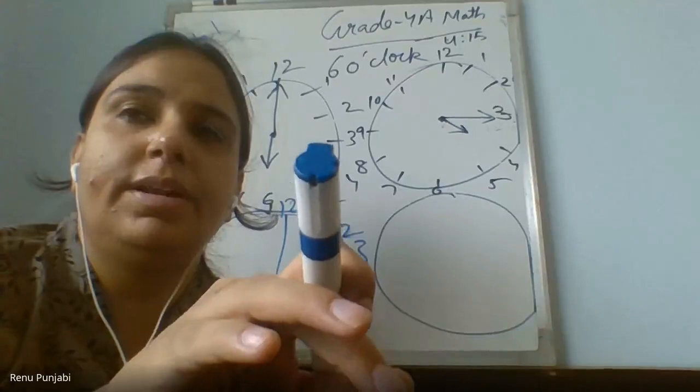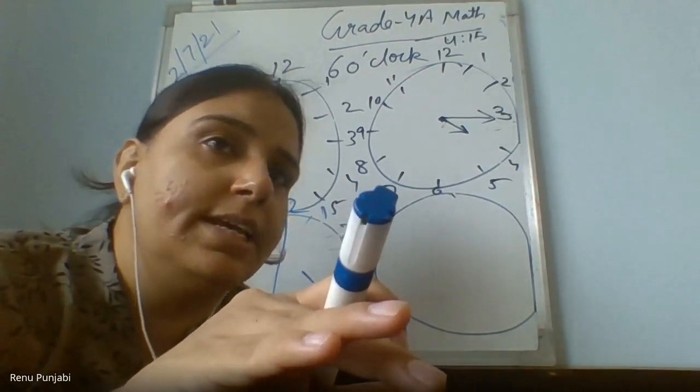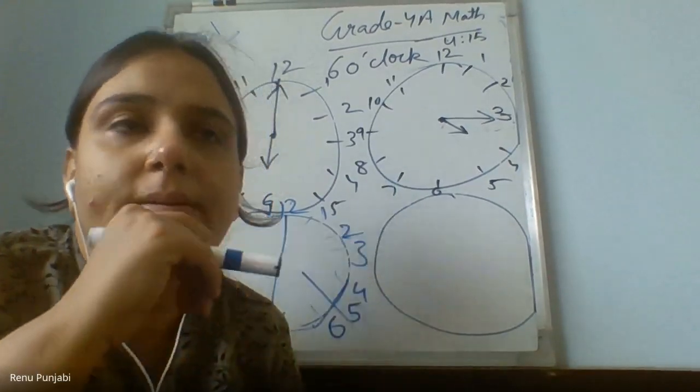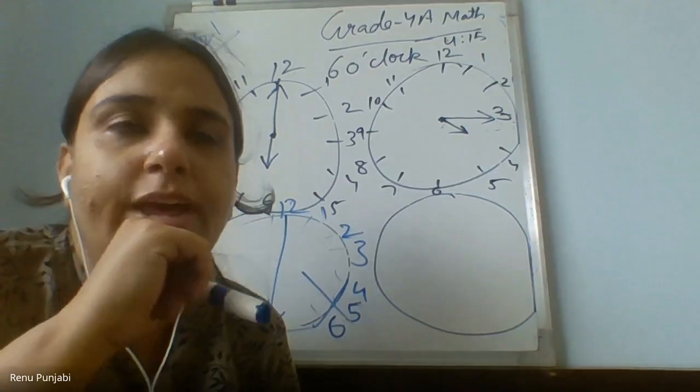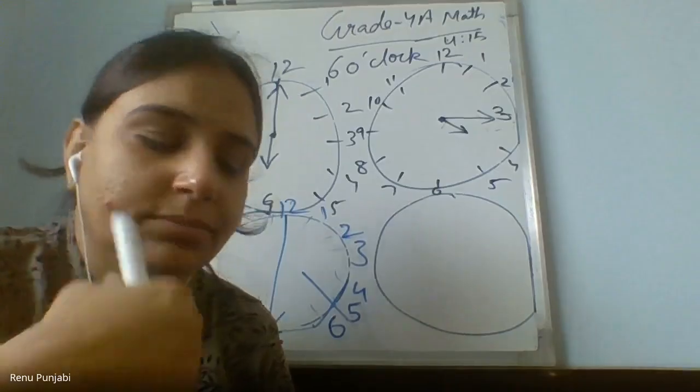Ma'am, see my first clock is right. One by one I will pin you. First I am pinning. Yes, clock is right. Now tell me the time. What time you want to put, Pritika, in this? Ma'am, it's 9:30. And where will be the short hand and where will be the long hand? Ma'am, short hand will be at 9 and the big hand will be at 6.